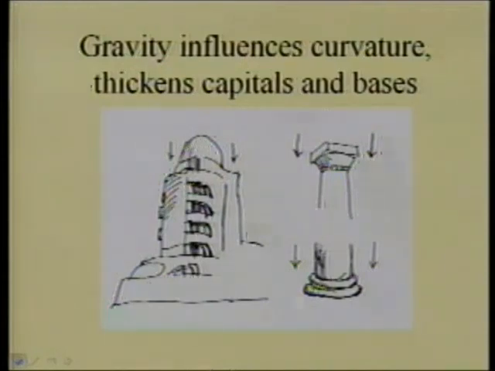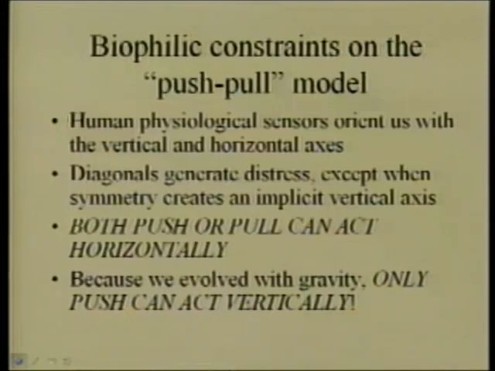Something else very interesting: in classical architecture, why do we have capitals and bases? Well, if you push a plasticine column, you're going to get a widening, a squishing of the top, and you get a capital. And the same thing for the base. You push that column down, made out of plasticine, and you're going to get the base. So the classical column is an example of vertical pushing.